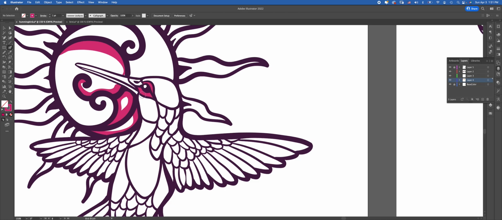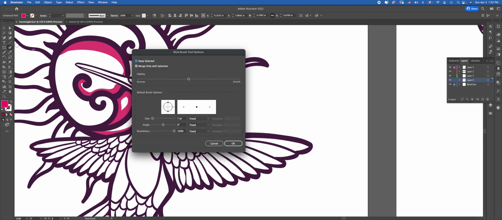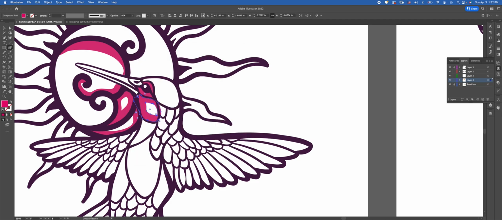But the blob brush is probably a better way than what I just did, because at least when you create your shapes, they will fuse together. So you can see, instead of making a bunch of lines, it creates a solid shape. And what else is nice is as you're drawing, you can have it fuse together. So if you remember our settings from earlier, let's uncheck merge only with selection. And now, even without that selected, if I paint through here, it's going to merge automatically with the other shapes. So blob brush or pen tool or whatever, you can see I'm not really working very hard to color this nicely, but